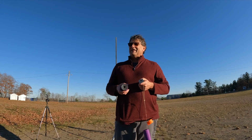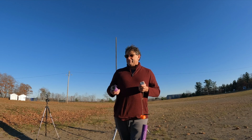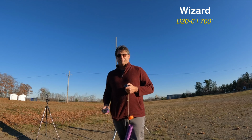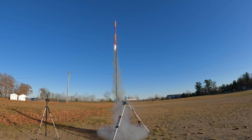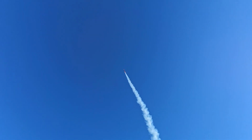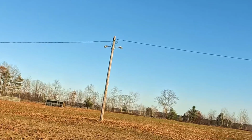It's also a D20. It's long and thin. It should go about 700 feet, and hopefully there's enough time for it to deploy. All right. 3, 2, 1, launch. Little squirrel. Oh yeah, it's working. Oh, it unwound. I don't even see the propeller. It's turning the whole thing. See how it's spinning? It's probably not tied to the end, but at least it's within